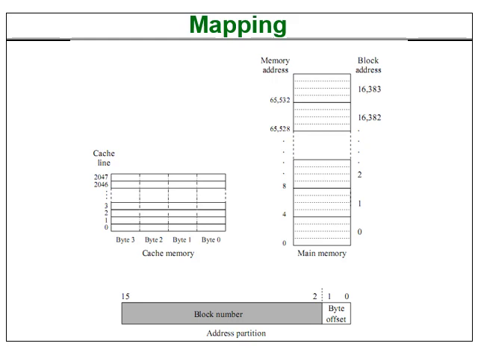So let's see this example. Here we say that this is the main memory. As you can see, this is quite large. We have the cache memory, which is obviously small. Just a simple depiction. For main memory, I have chosen, let us say, 65,532 blocks. These are the addresses, and these are the block addresses. Once again, each block is made up of 4 words. Similarly, in the cache memory, you can see there are 4 words. Here I am using word and byte as being the same thing.